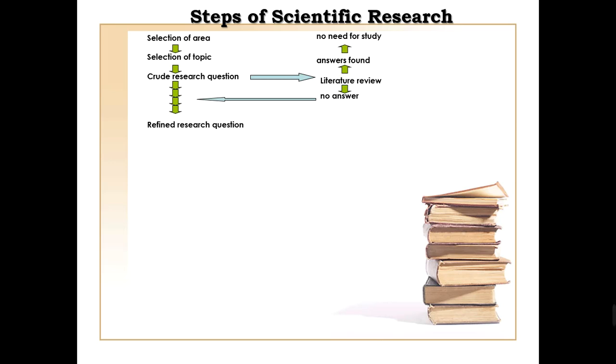That means there is no research available in that area, and you can choose that one as your refined research question. Then you can carry forward and do the in-depth analysis, the literature survey